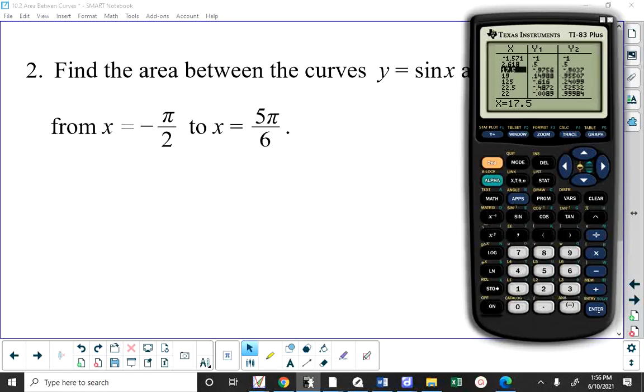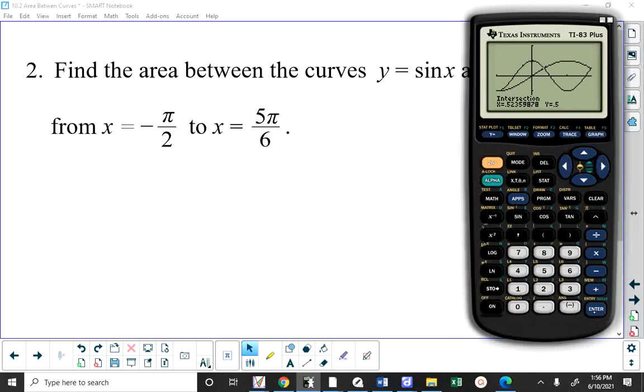And they intersect at one other place, so let's find out the coordinates of that by going to our calculate menu and choosing intersect. I don't know why it put me right there to begin with, but okay. First curve, y equals sine x. Second curve, y equals cos 2x. It intersects